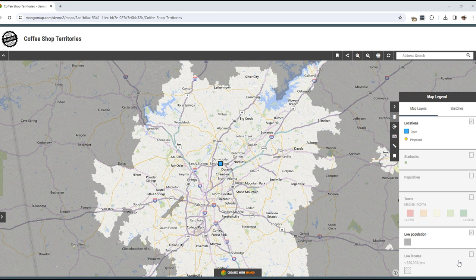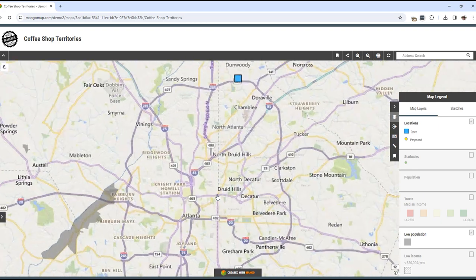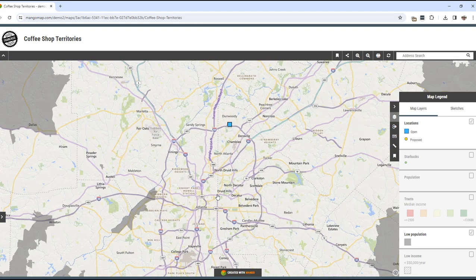Now the map on screen that you see here is of the Atlanta area in Georgia, and the areas in grey are outside the city, and the lighter areas are where the population is, and that's where we're going to focus our analysis. The map's interactive. As you zoom in, you get more and more detail, place names, streets and so forth, and that provides the